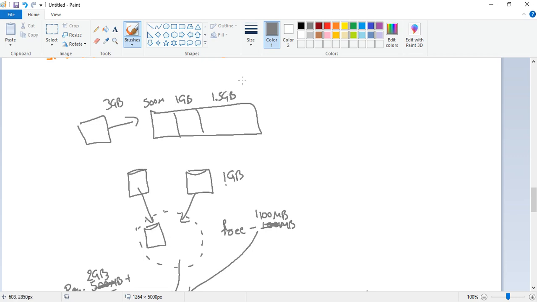Then you can create another physical volume with all this 1.5 GB space. That also you can extend into your volume group. So 1 GB plus 1.5 is 2.5 GB, then 100 MB, 2.6 GB. In case they want 5 GB,